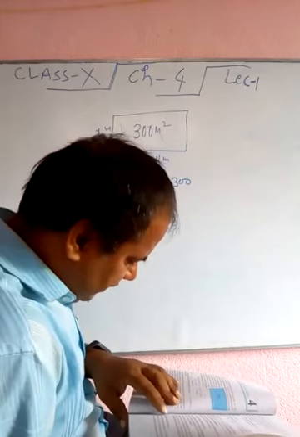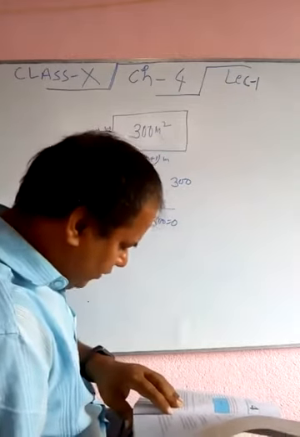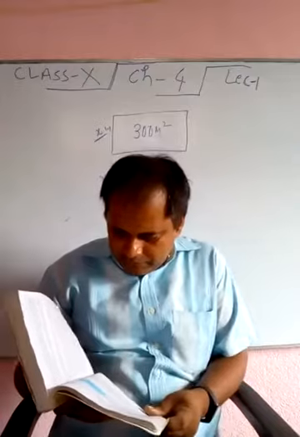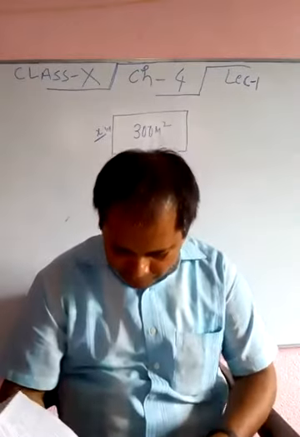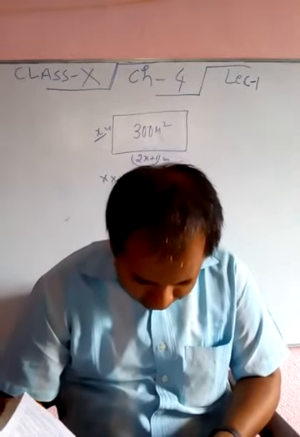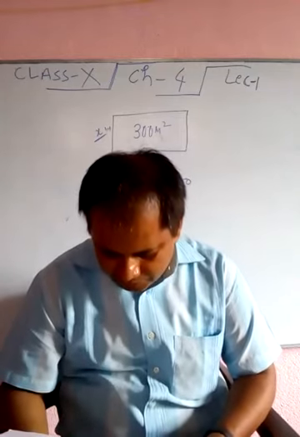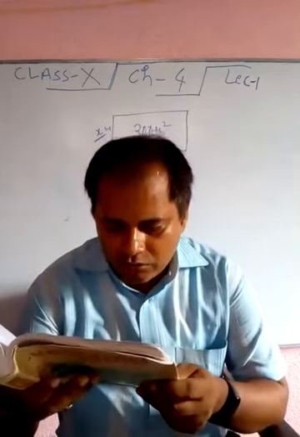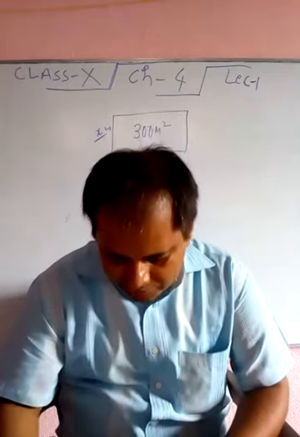Many people believe that Babylonians were the first to solve quadratic equations. For instance, they knew how to find two positive numbers with a given positive sum and a given positive product, and this problem is equivalent to solving a quadratic equation of the form x square minus px plus q is equal to 0. Greek mathematician Euclid developed a geometrical approach for finding out lengths which in our present day terminology are solutions of quadratic equations.